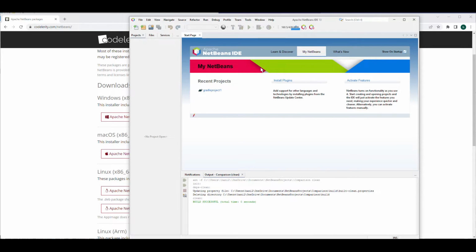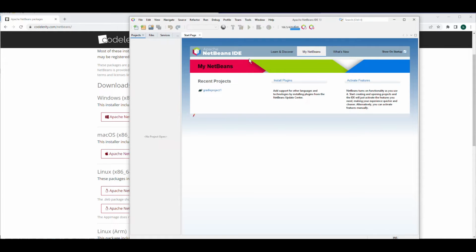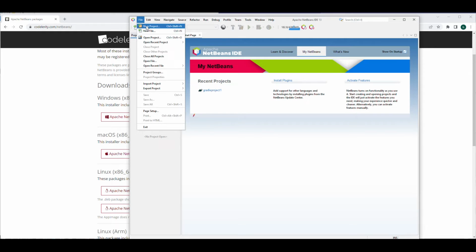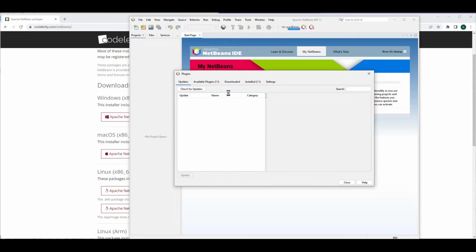I actually had Netbeans installed before. I just wanted to show you how to install it. So when you install it for the first time, you're going to see this page here. It's called Start Page, but you will not be able to create new projects, right? So if you want to create a new project, you need to go to plugins from Tools. So Tools, Plugins, and here with the plugins,